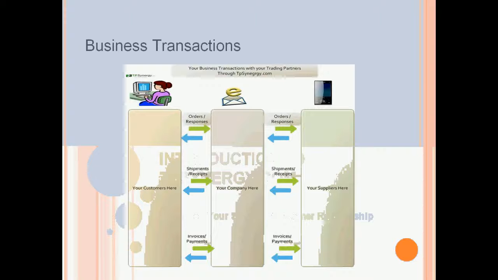Any company, whether it is a manufacturing or a distribution company, will definitely have transactions where orders are issued, either purchase orders or sales orders. If it is your company, then you'll have your customers and you'll have your suppliers. Generally the business transactions that go around these parties, the trading partners as they're called, are mainly the orders,